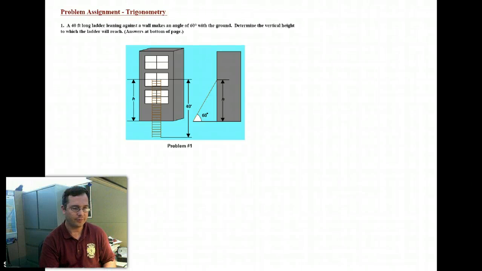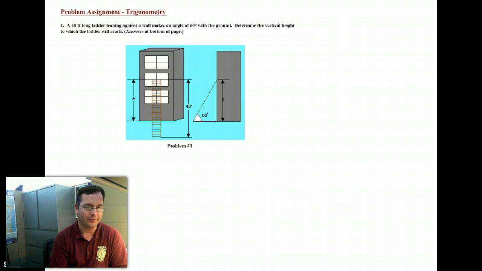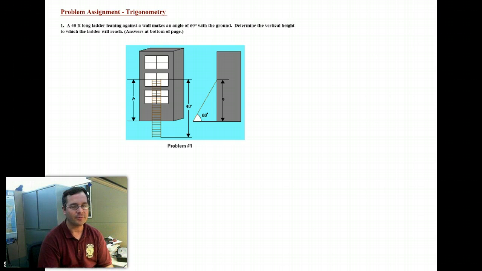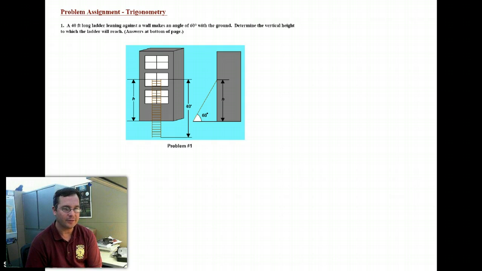Okay, folks, so here you have problem 1 from the homework assignment from week 1, and you can see the scenario that we're trying to figure out is that we're attempting to ladder this window at mid-height. So perhaps this would be a ventilation operation where we're going to try and get on the upwind side, ladder the window at mid-height or above so that we can smash the glass out. And the question is, if the ladder's 40 feet in length, what is the vertical height that we can get